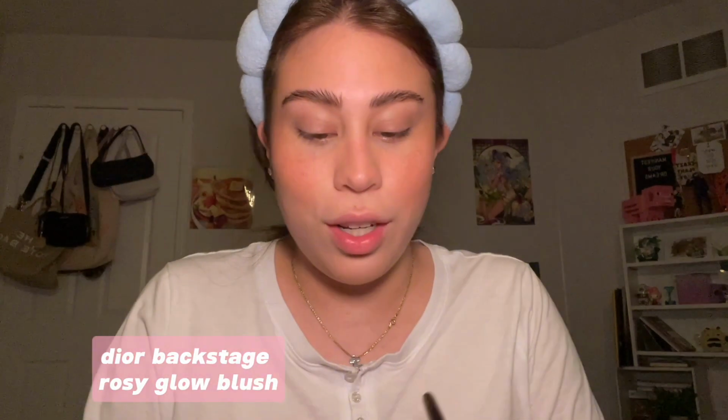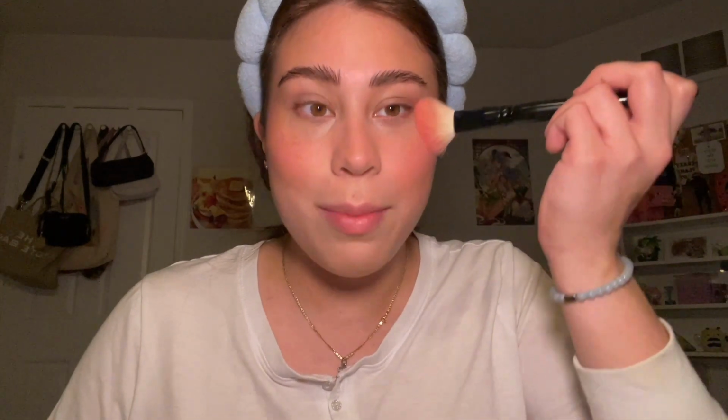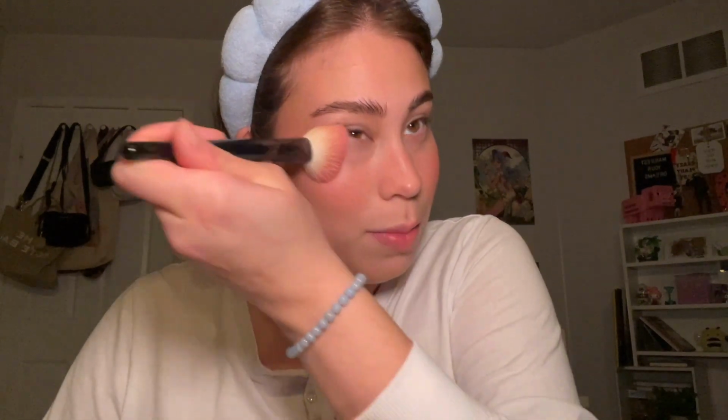And after that step, I do go in with the Dior Backstage Rosy Glow. I go in with an angled brush. As you can see, I've used this brush so much for this blush. I pat it in, pat, pat, pat, just so I can really get some of the pigment. I really like this blush because of how light it is. And if I want it to be more pink, I just add some more. I really recommend using an angled brush for your blush to get that nice contoured look. I'll also put it under my eyes a bit to set my concealer, because I don't like using too much powder under my concealer, so I'll just use the excess powder from the blush to set my